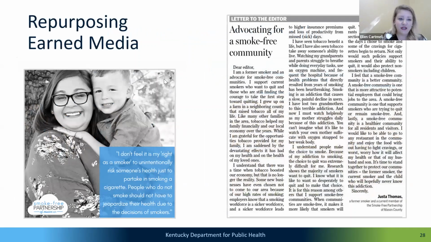So I have 2 more examples here, and these are from the Smoke-Free Partnership of Mason County, which many of you all know is my hometown and where these are coming from. So one example on the left is we got a quote from one of our coalition members, and instead of just putting it on Facebook as a caption or as a post, we said, okay, well, let's get a picture of her and her child, and we can put the quote on the picture and then post it like that. And that face is more engaging for people, and people want to see a picture of somebody happy with their child, and then they're more likely to read the message.